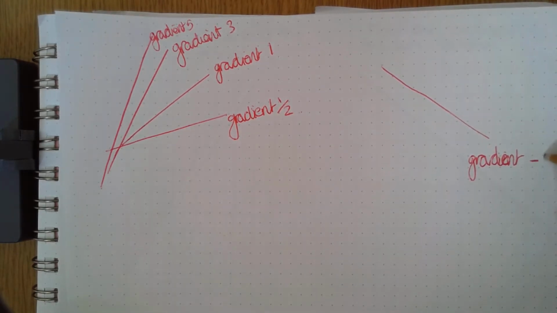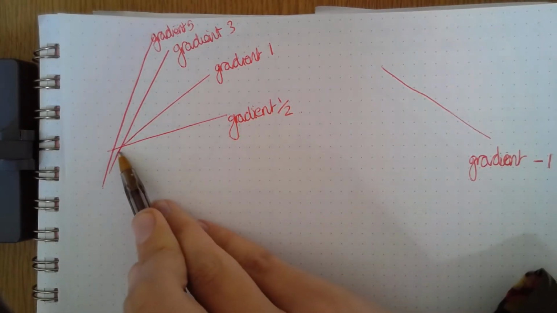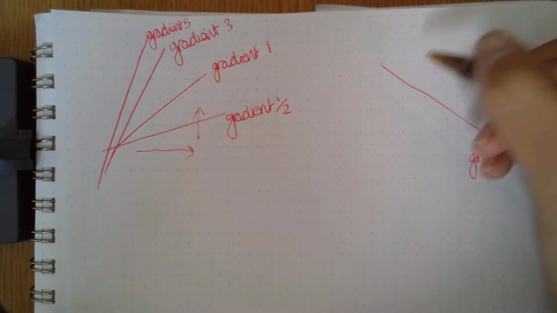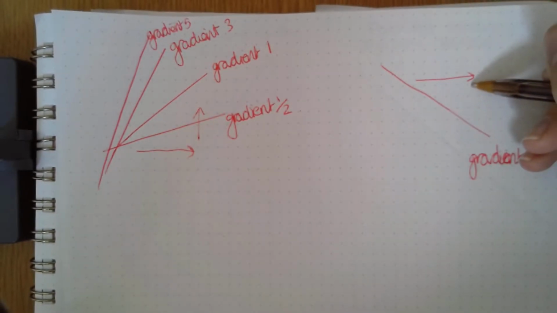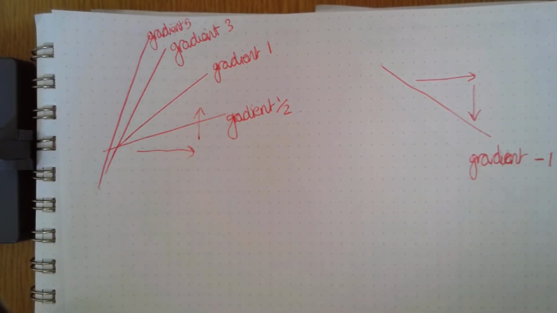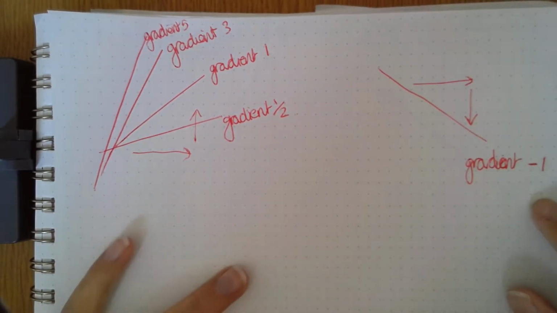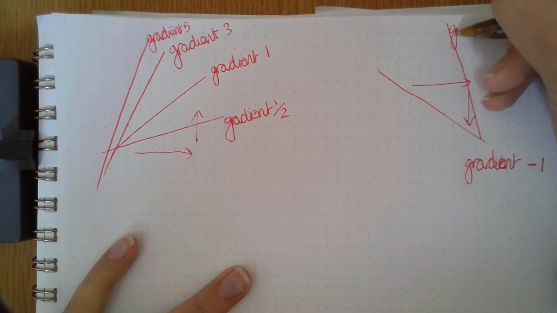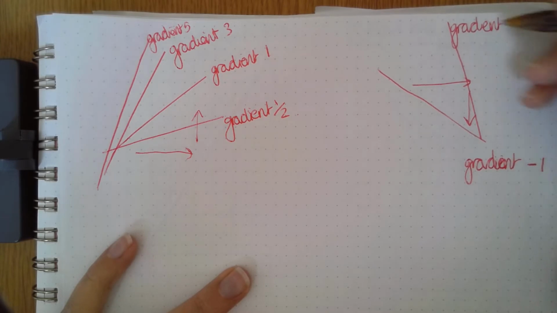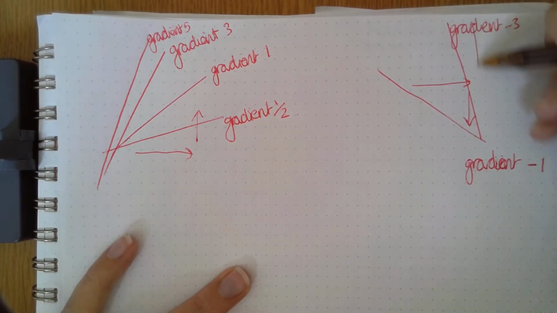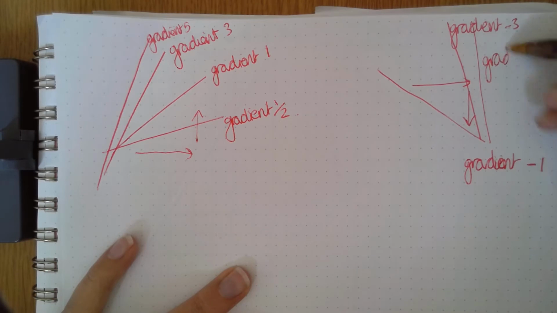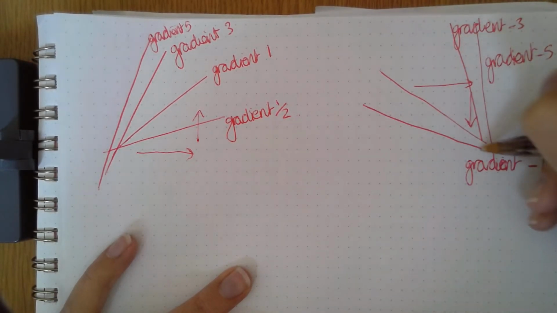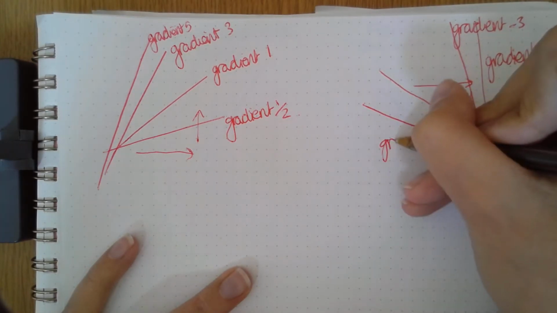of -1 roughly, because as we go to the right, this line's going up, so it's positive. As we go to the right, this line's going down, so it's negative. So that gradient is -1. This line is steeper, so that would be a gradient of -3. And even steeper could be a gradient of -5,